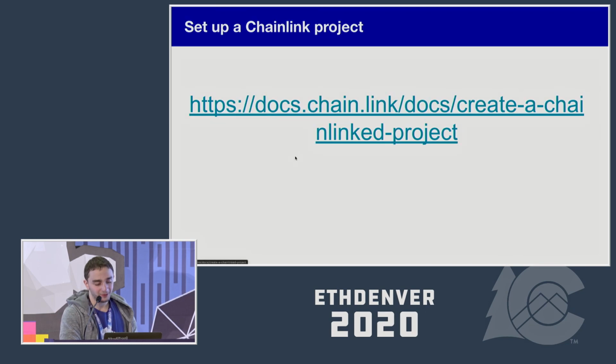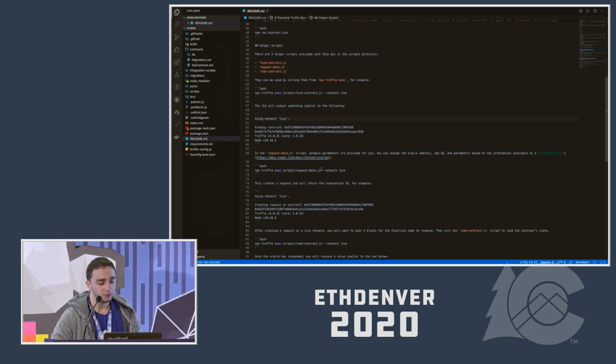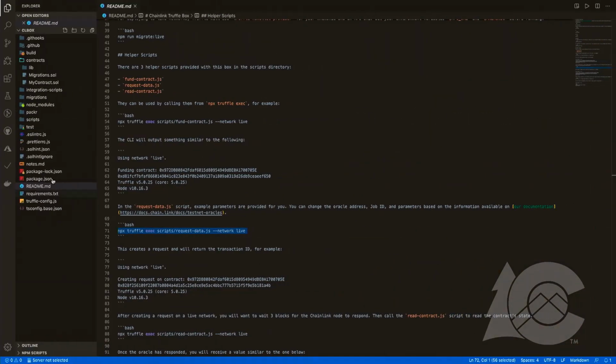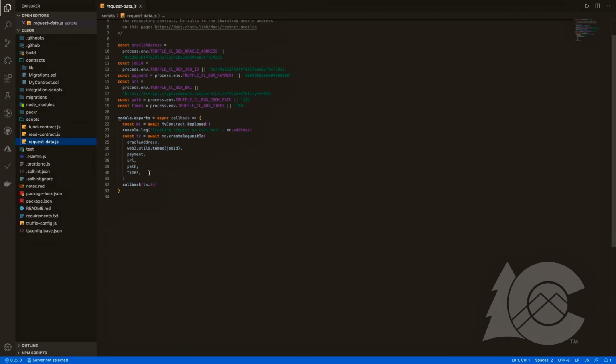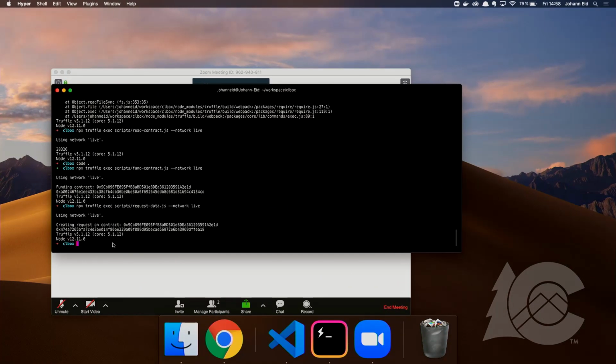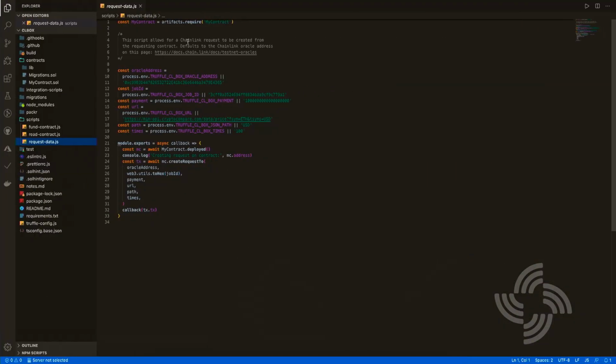So now, coming back to the demo. Once we funded the contract, we are able to send a request for data. Here in this request, what the script does is extremely simple. We are just fetching the price of ETHUSD, basically live from a Chainlink node, right? If I go to request data, I can see what this data point is. We are fetching the price of ETHUSD, multiplying this price, and returning it on chain, basically. Very simple.